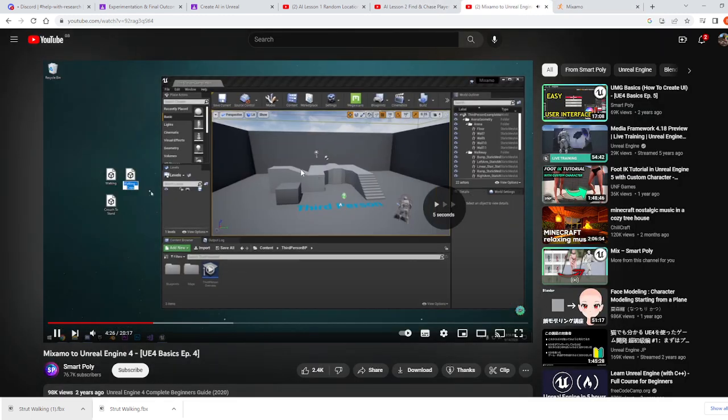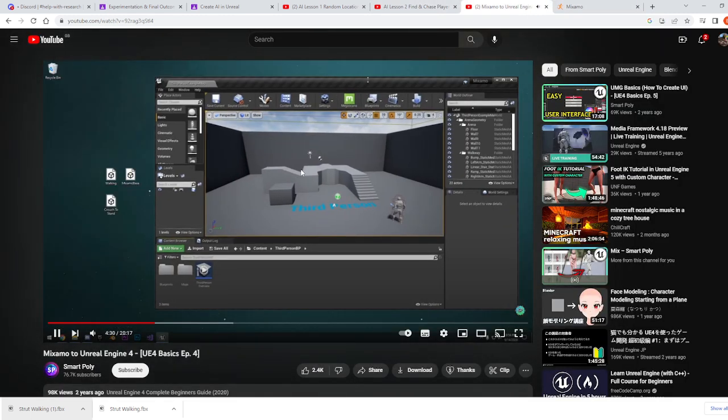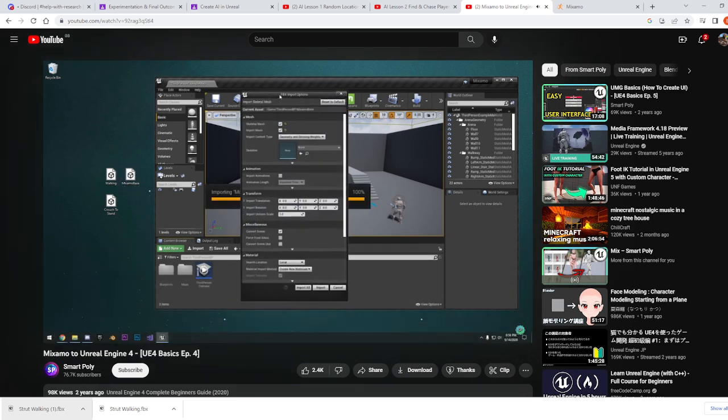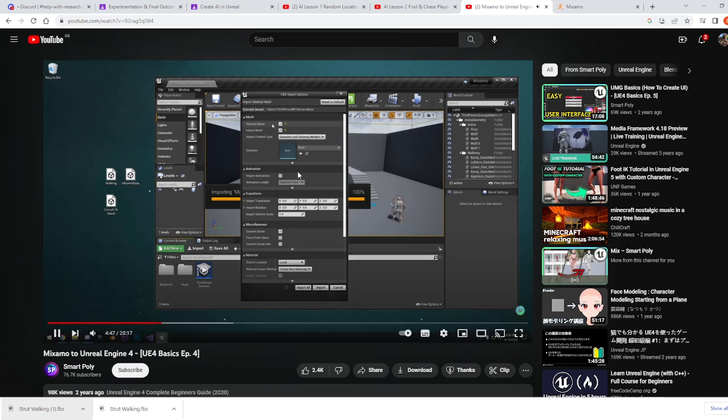project. I'll go ahead and just drag and drop this Mixamo base. You'll see why I did this here in a second. So we can go ahead and take the Mixamo base and drag and drop it into our content browser. You're going to see this FBX import options pops up. Since this is the skeletal mesh, we're going to import the skeletal mesh, import mesh,